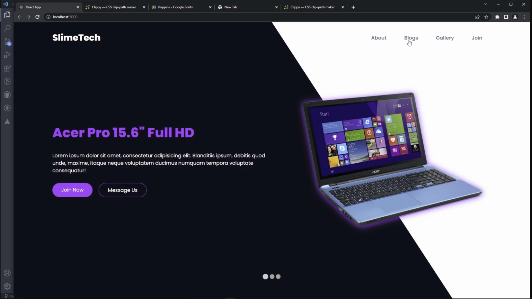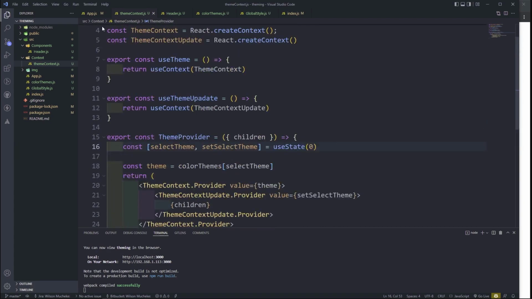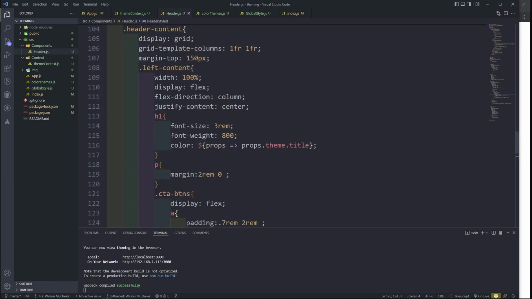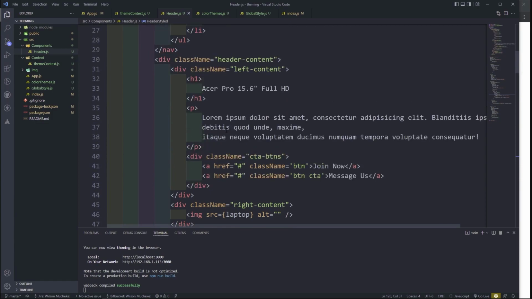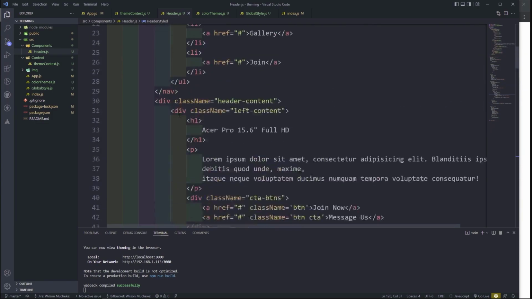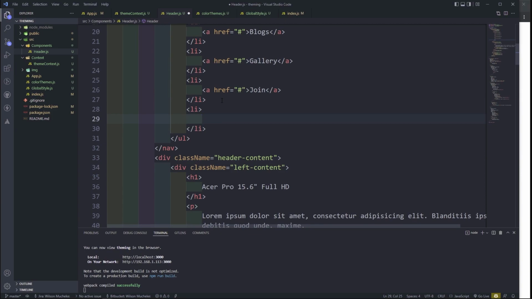Now it's only a matter of cycling through the index with a click button. To do that, I'm going to generate some buttons. Okay, so let's go back to the header. I'm going to create another list item, nav. I'm going to do another li. In here, I'm going to